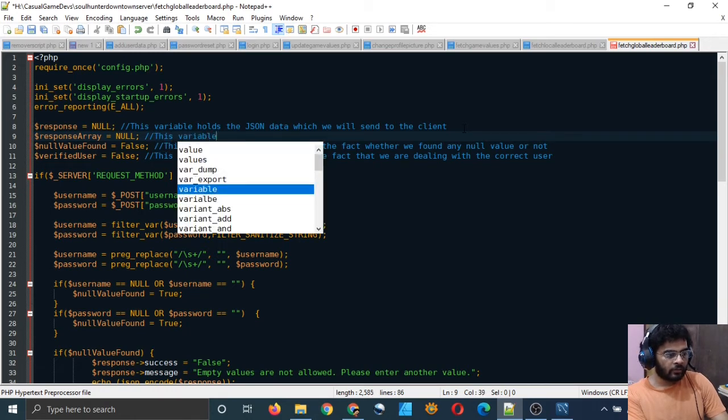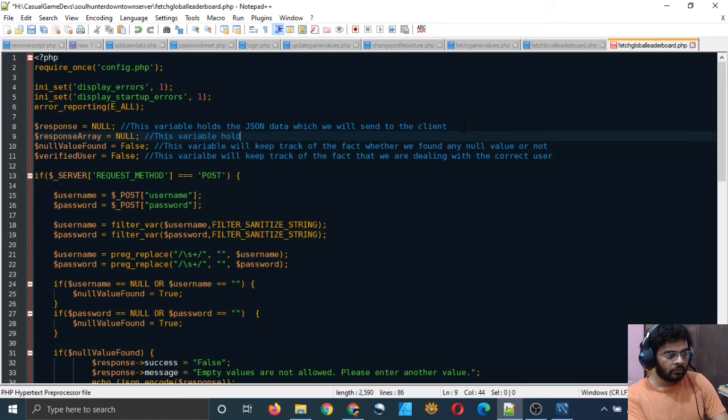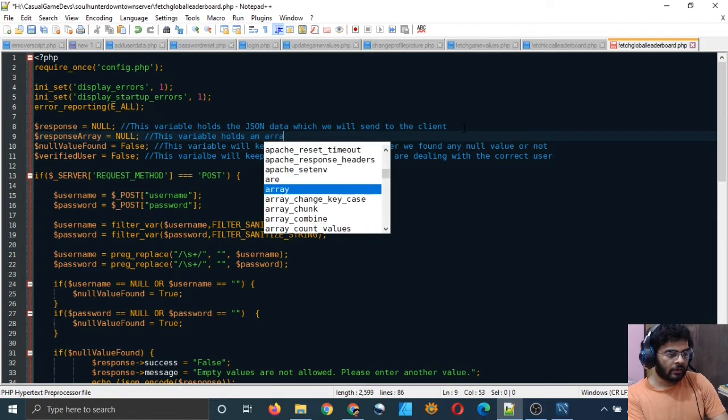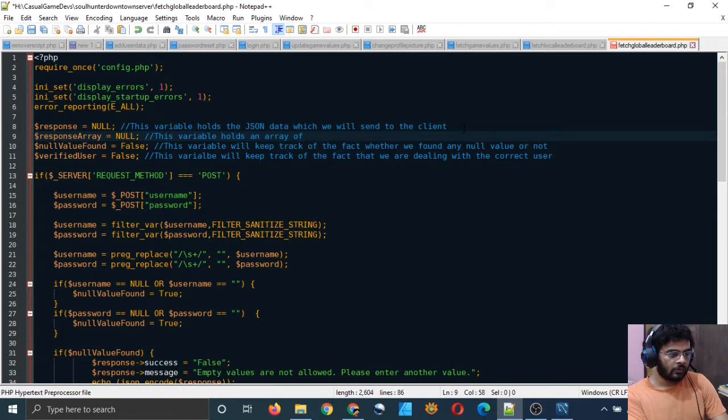This variable holds an array of JSON objects, right? It's simply an array of JSON objects.